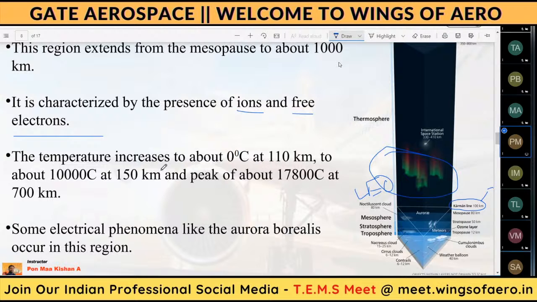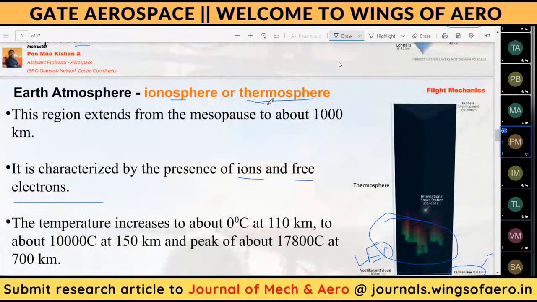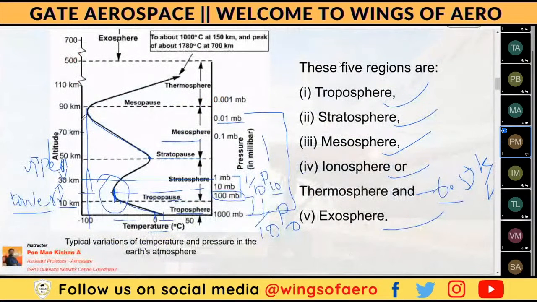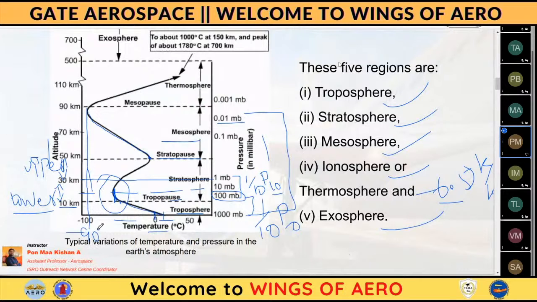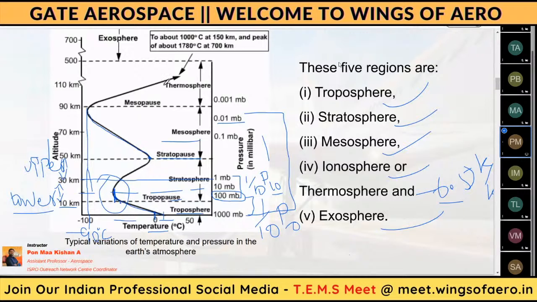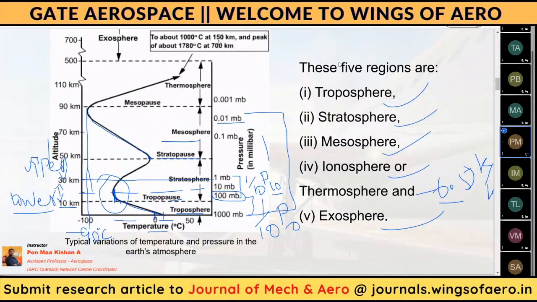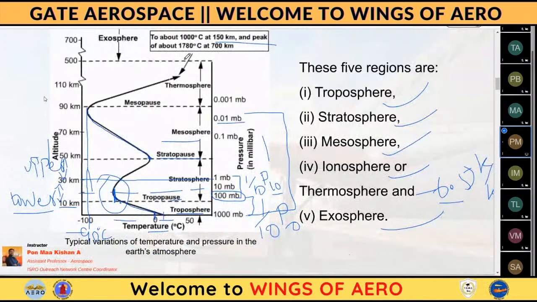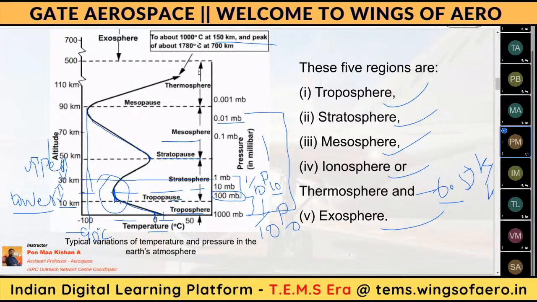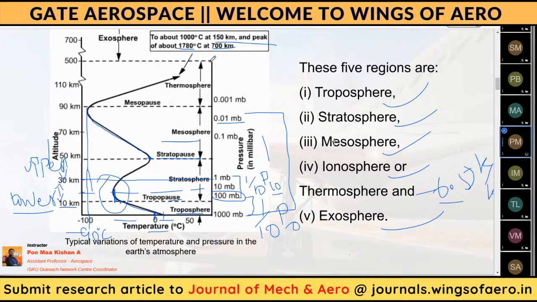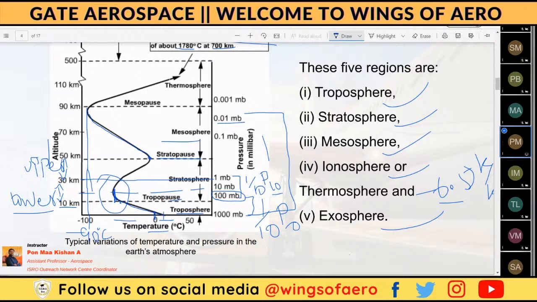The temperature in the thermosphere, from the term itself, we can understand, is going to be high. In the mesosphere, the temperature drops to a minimum of minus 90 degrees Celsius, and then it starts to increase. Around 150 kilometers, the temperature reaches 1000 degrees Celsius. At 700 kilometers, the temperature is 1780 degrees Celsius. So the temperature is high at these particular altitudes. So when space shuttles are re-entering